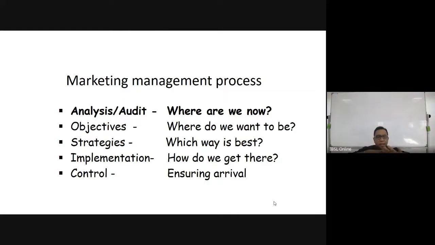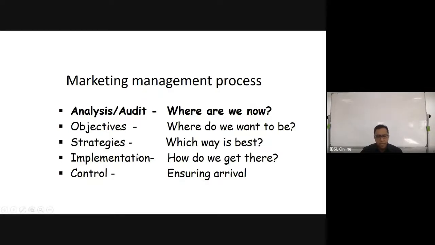So first you understand the situation, analyze the situation, then set objectives, then formulate strategies. There may be a lot of strategies that are available, but you will select the best and most appropriate strategies for your organization, depending on your capability, depending on your resources, depending on the skills and knowledge of your staff. You will use some appropriate strategies, and having selected or formulated those strategies, then you will go and implement those strategies